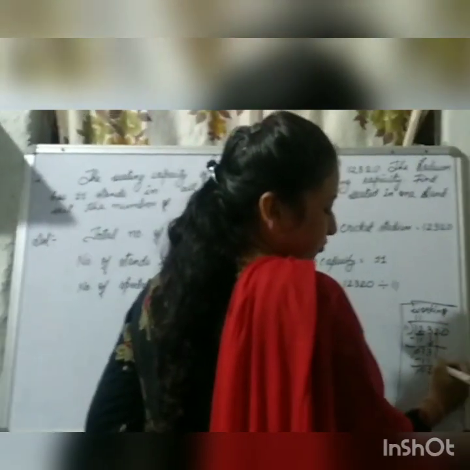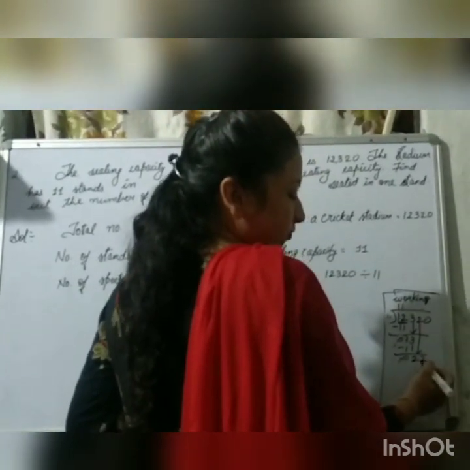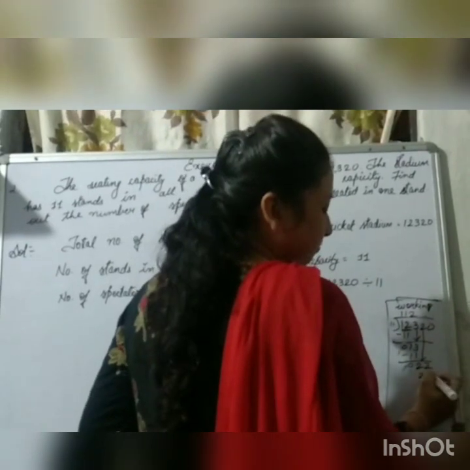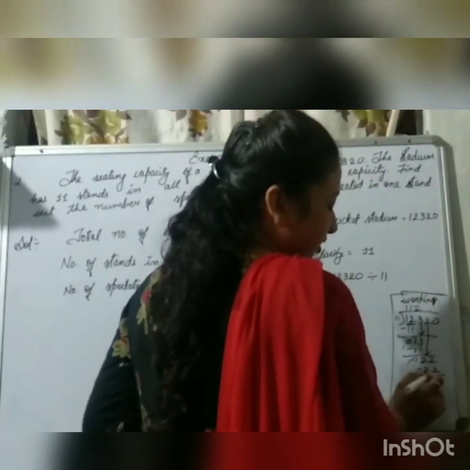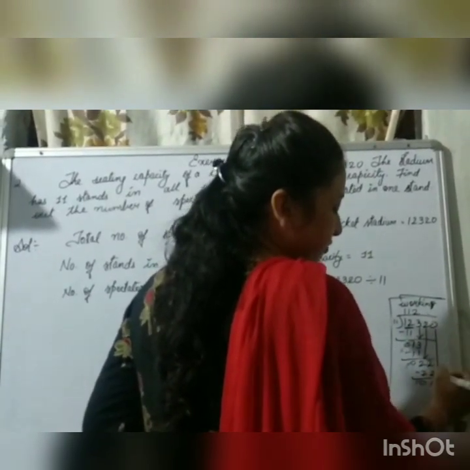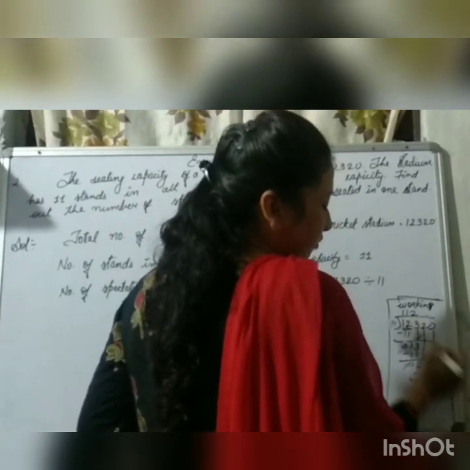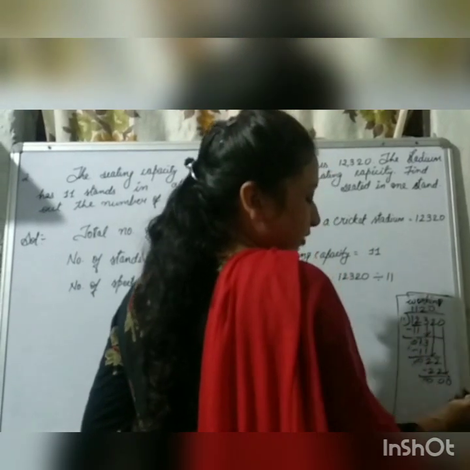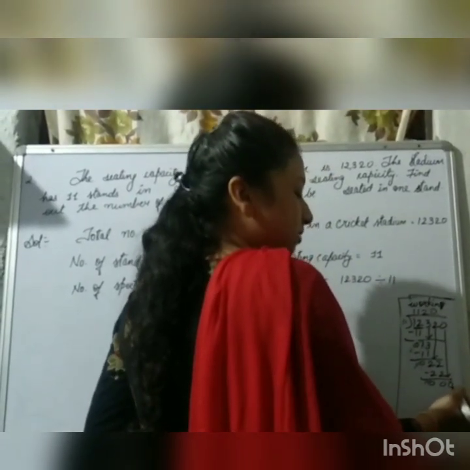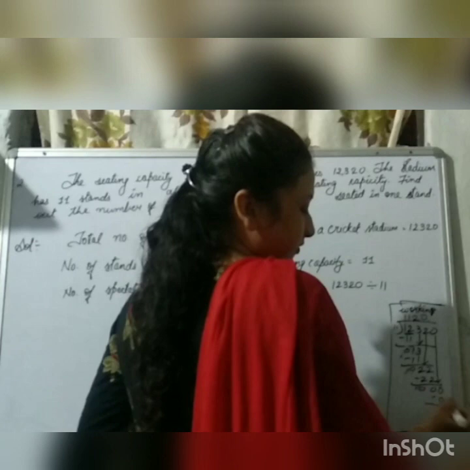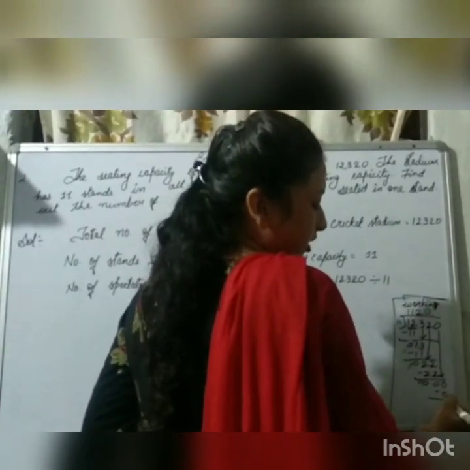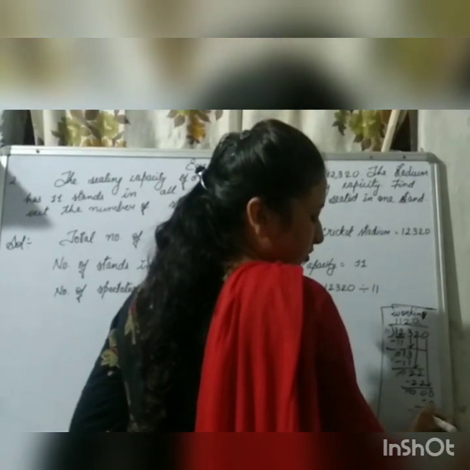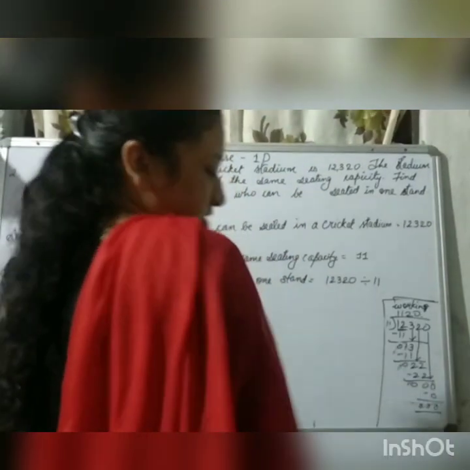Again we will take this 2. It will become 22. Now in the table of 11, is 22 coming? Yes, 2 times. Here the remainder will be 0. Again we take this 0. So in the table of 11, 0 comes 0 times only. In every table 0 comes 0 times. So we will take 0. So here nothing is left. You can put a cross or 0 here also.